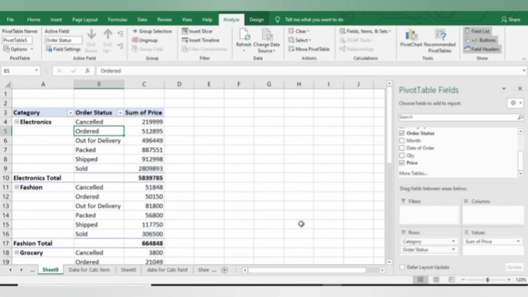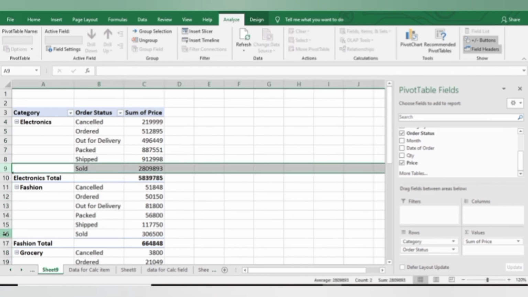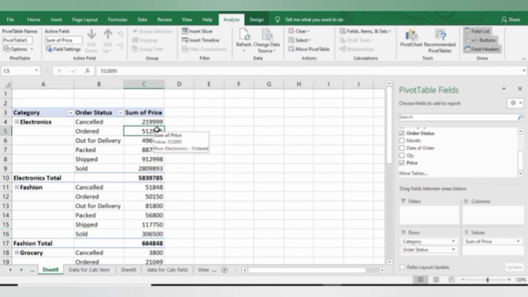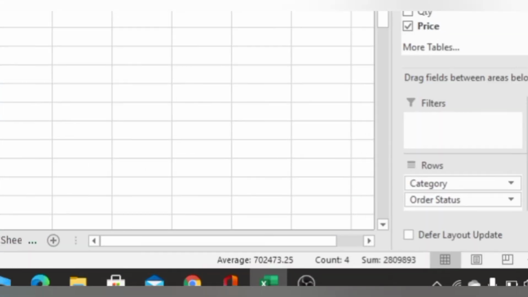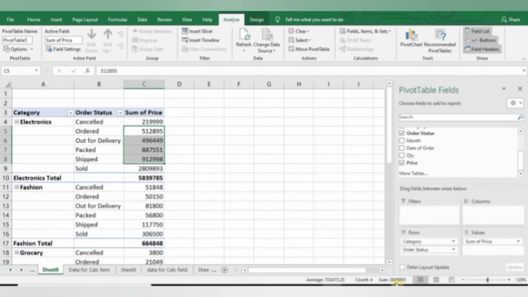So here as you can see, my new row is created, that is Sold, for each category of product. And now if I total these 4 items, the total of all these 4 items and the total of Sold is the same.